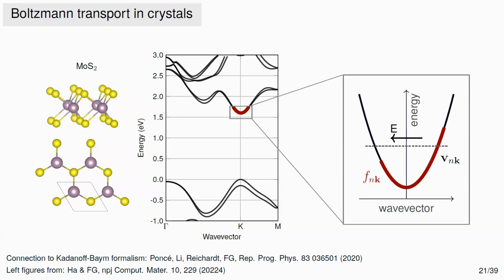So the goal of calculations of transport is to determine how this distribution looks when you apply an electric field, right? So that's pretty much what we calculate. And it is done using techniques that are first principles. They are based on a combination of density functional theory and many-body perturbation theory. I will not give the details, but I'm happy to discuss the technicalities if you are interested later.